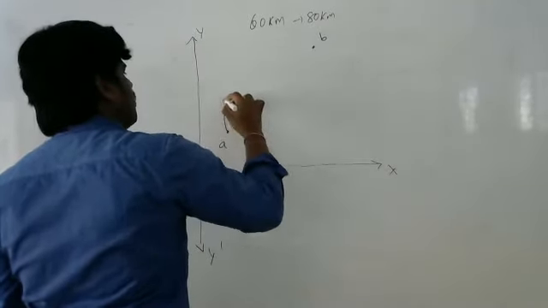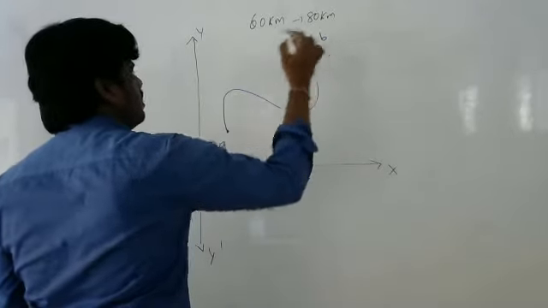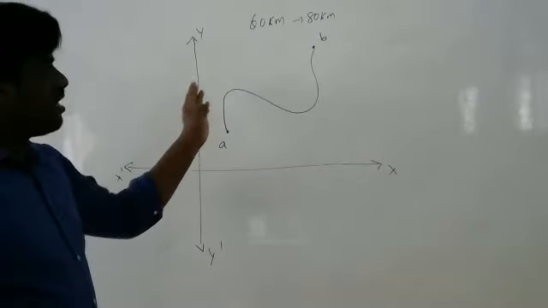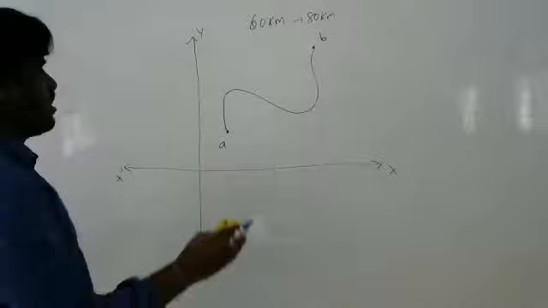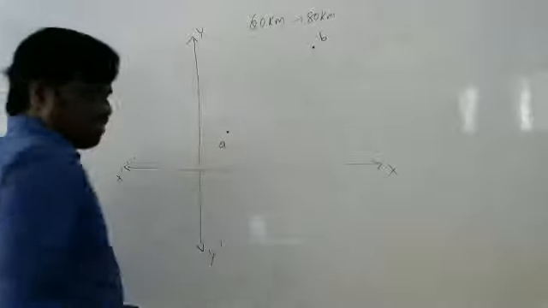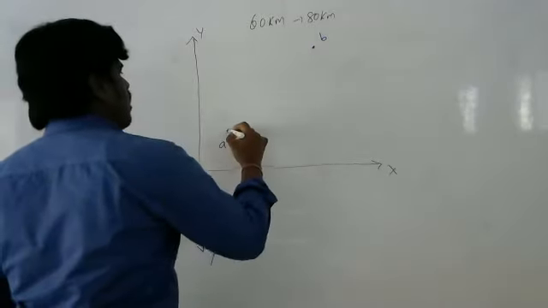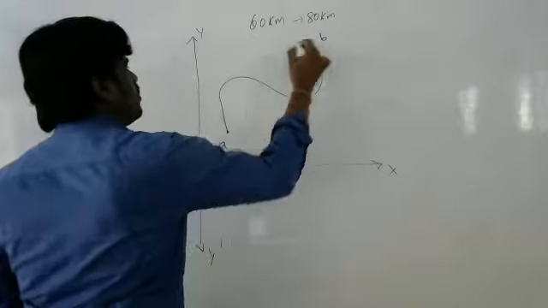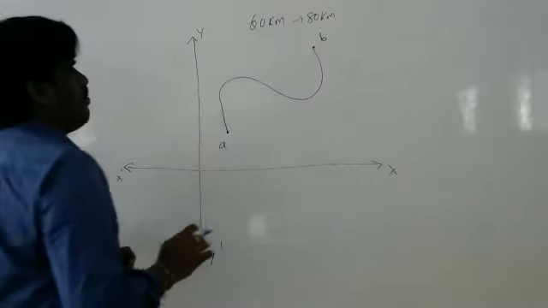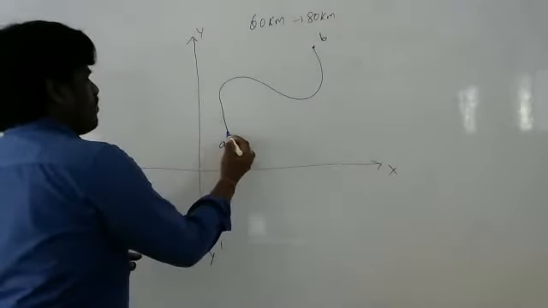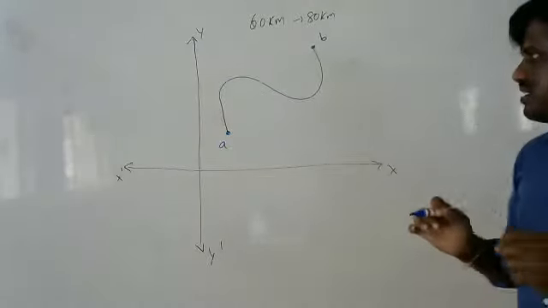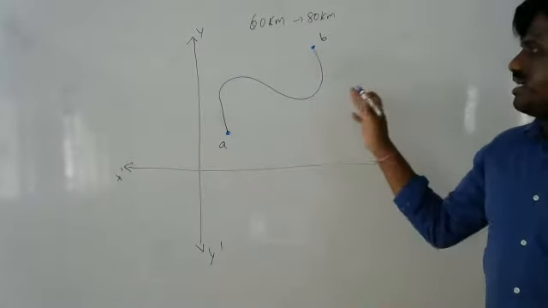Let us take a girl here. She may be anywhere. This is the curve of the function, so I can draw it like this. If you don't like this, you can draw a straight line directly, however you wish. This is the rule. However you want, you can draw it, no problem at all. So one boy rides the bike from A to B at a speed of 60 to 80 kilometers.